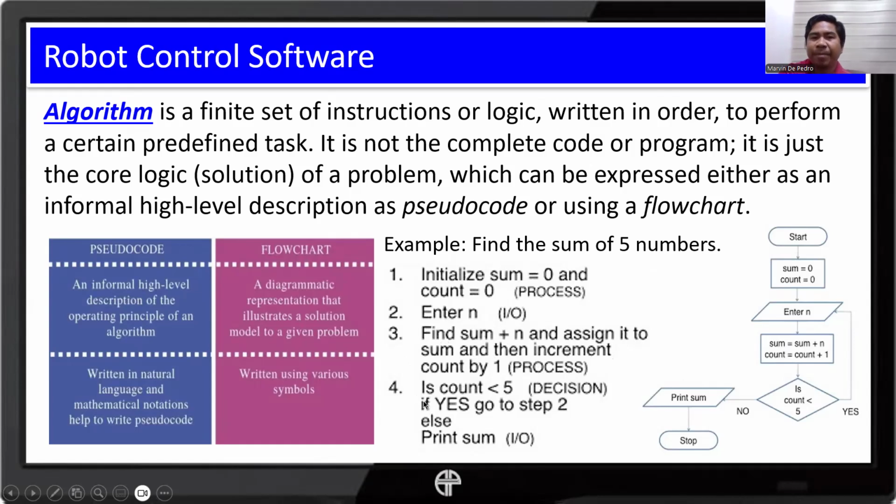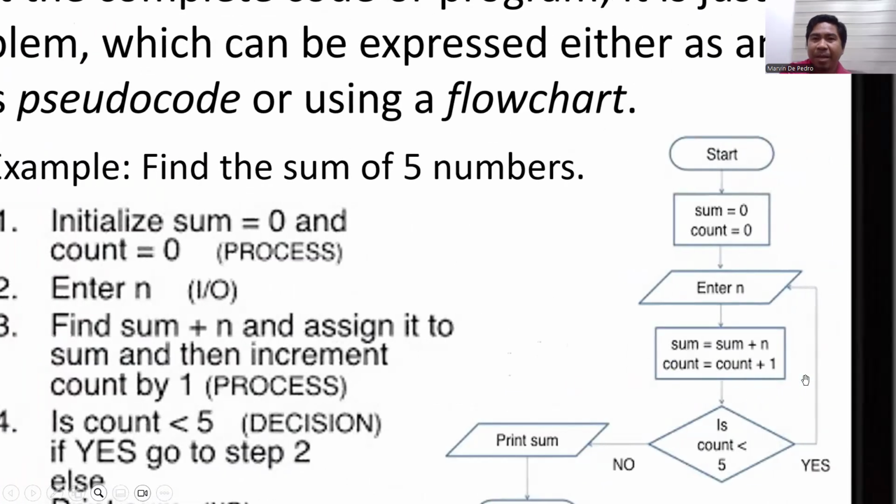Then we have the decision making here, so we check if it's less than five. If it's less than five, then we go back to step two. But if it's not less than five, then we print the sum.